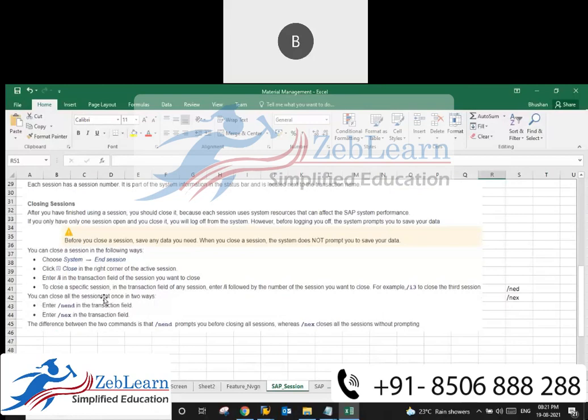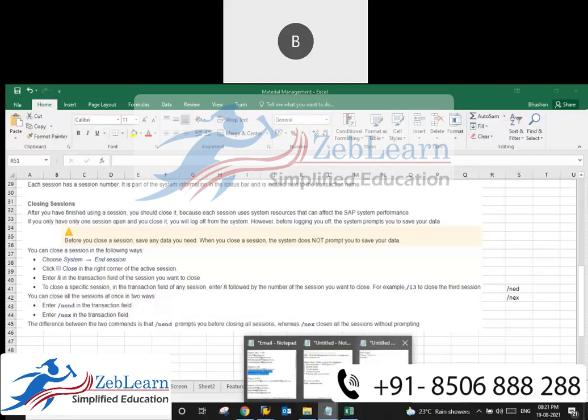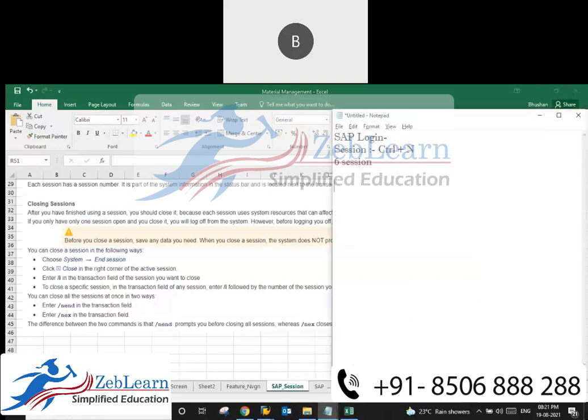You can close the sessions at once in two ways. First is /n end. Okay, what is the T code? /n end. End means end. And second is /nex. Ex means exit.